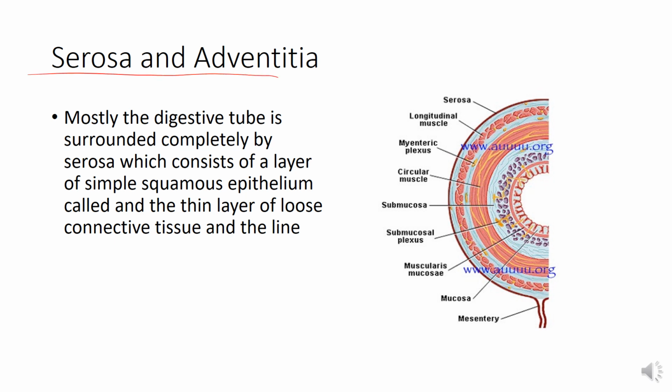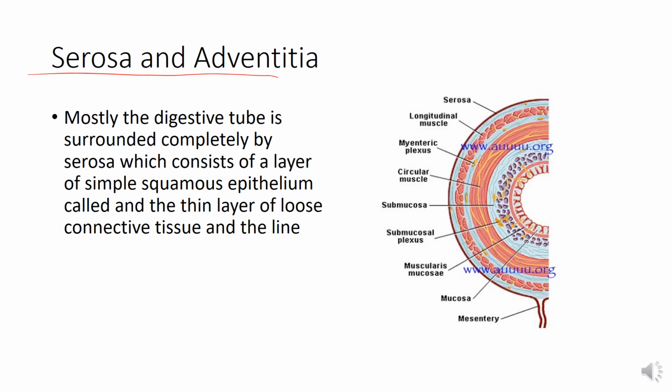Okay, last layer is the serosa or adventitia. Now this is very interesting. The last layer of the organ consists basically of the connective tissue, which is adhering it with the other structures. But in case of GIT, as in case of lungs or heart, these structures are moving. When they move, they produce friction with each other. So to minimize this friction, the